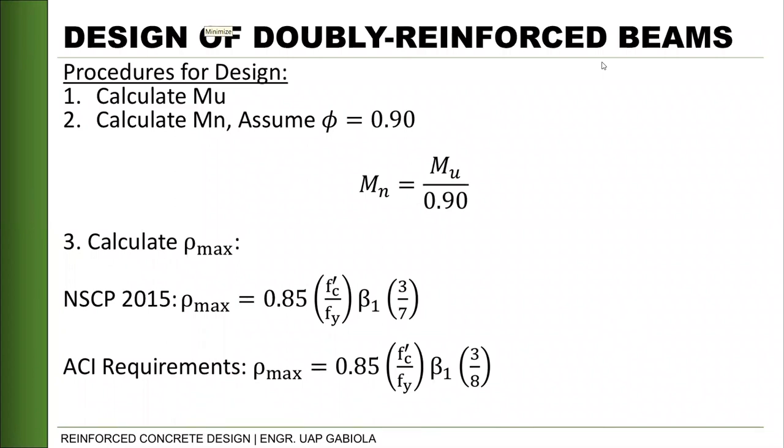sections. Okay? Pero the code requires us that for tensile reinforcement, ang gusto niya lagi siyang mag-yield. No? Yun yung sinasabi natin noon pa na kailangan mag-yield yung tensile reinforcement to attain yung ductility na requirement natin for our beam. Okay? So after getting our nominal moment, we can now calculate yung maximum reinforcement ratio natin. So dito yung term na maximum, it doesn't mean katulad to nung nakikita natin nung 2010 and 2001 NSCP, ano? Kasi ngayon sa code,